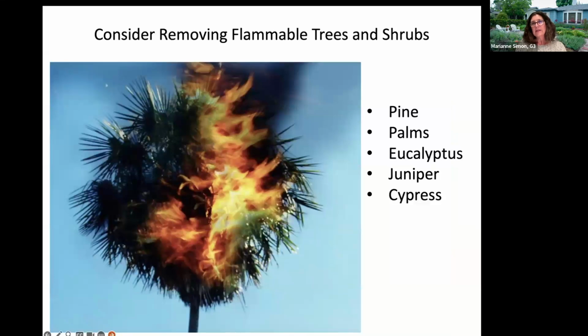And then what are things that you might want to consider removing that definitely make you vulnerable? So they talk about how certain plants, trees are more volatile when the fires arrive. It includes things like pine, palms, eucalyptus, juniper, and cypress. So it's tough. You've got this 50-year-old pine tree right up against a house. It's a really hard decision to make. But if it is one of those volatile plants, then perhaps it is something to consider, or at least make sure at a minimum that there are no branches that are touching the house itself.